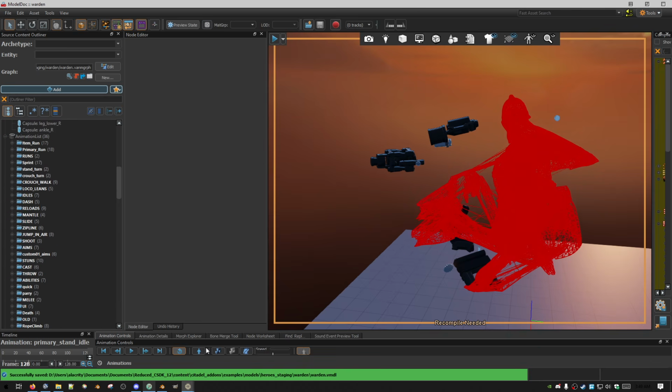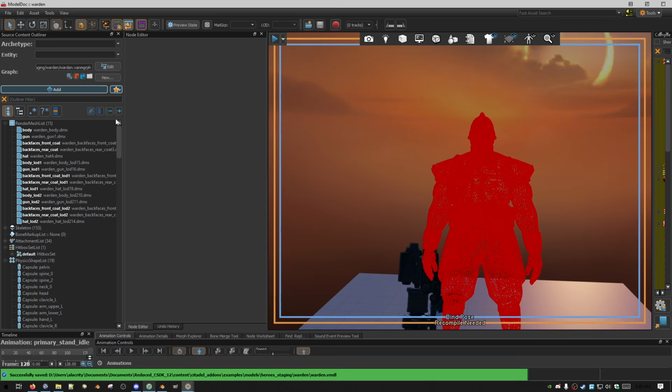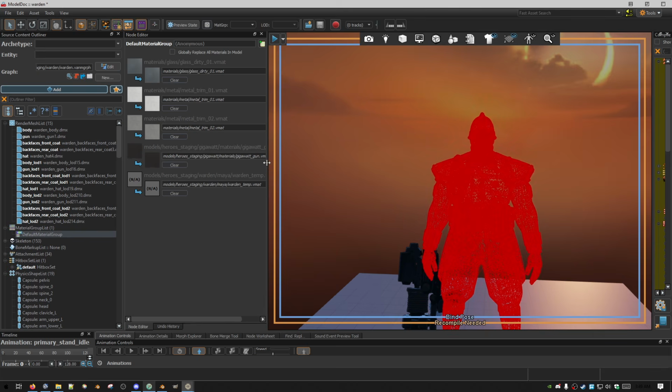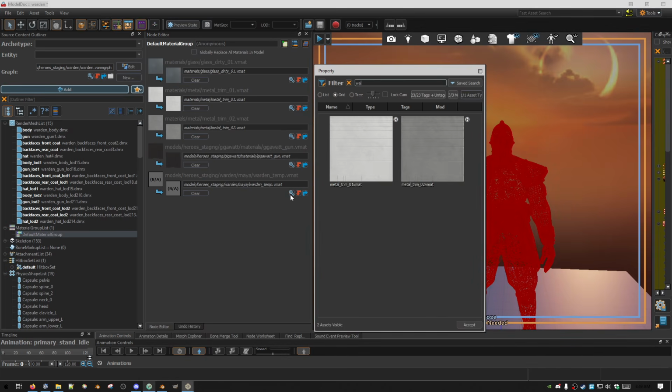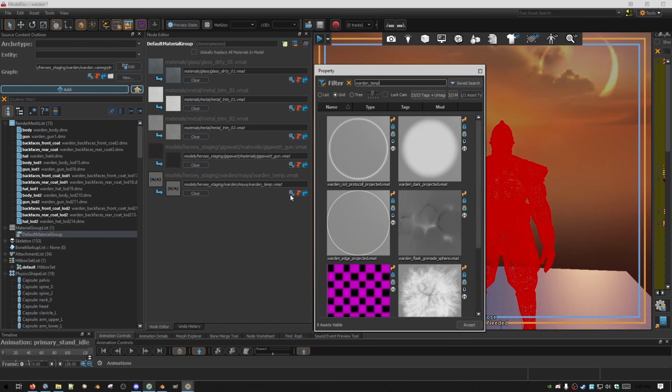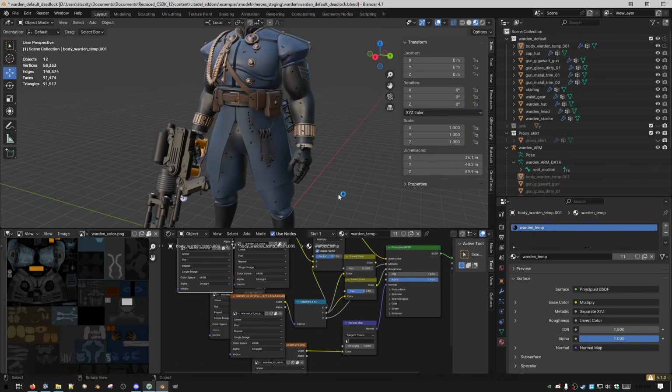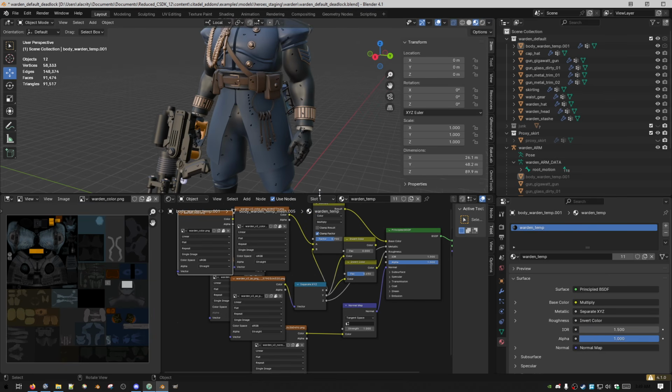I need you to bind pose. Thank you. Default material group. Warden. Is Warden temp in here? No. Warden vmat. See if that fixes him. This might have been the worst hero to... Yeah, okay, well. But I think you get the point, is you compile the materials, and then in the